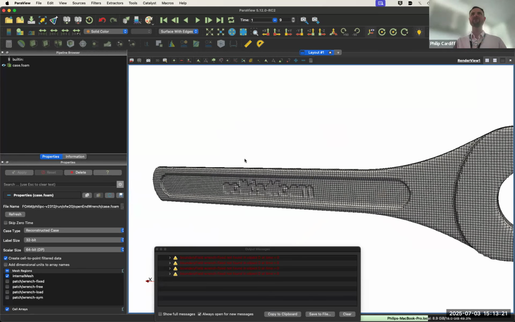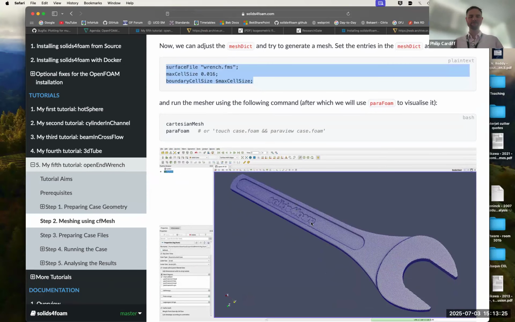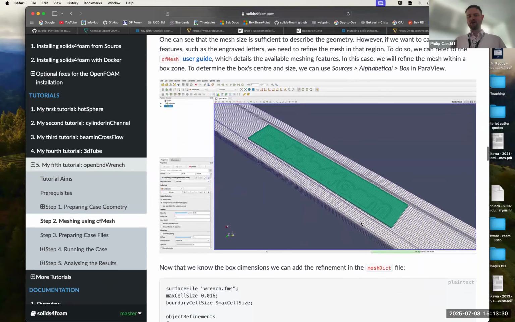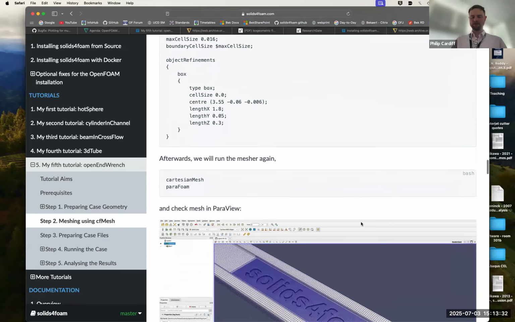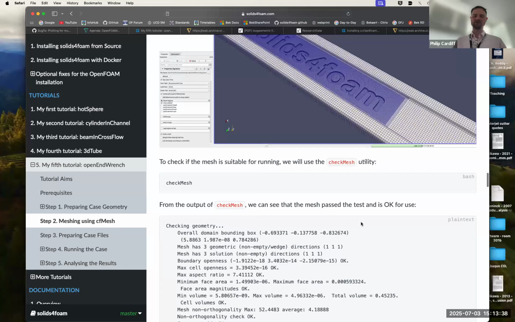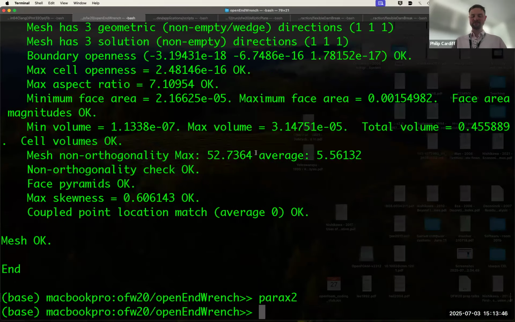But I don't want to wait for the tutorial. But you can check on the website that the geometry has solids4foam. So in the tutorial online, it shows how to add a bounding box and refine it, and that Ivan created. And you can see it's like a mini tutorial for CFMesh, the open source version of CFMesh. So in this case, the STL was actually in inches. So if we convert it into meters,